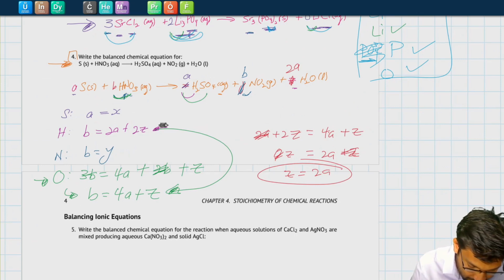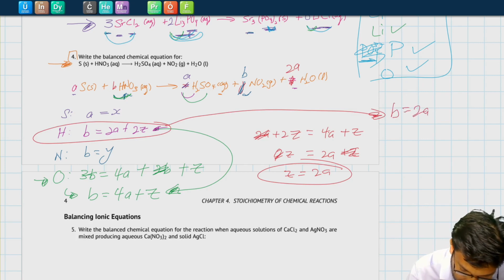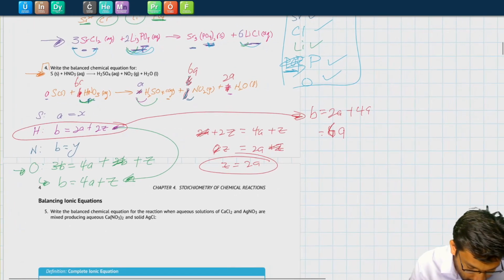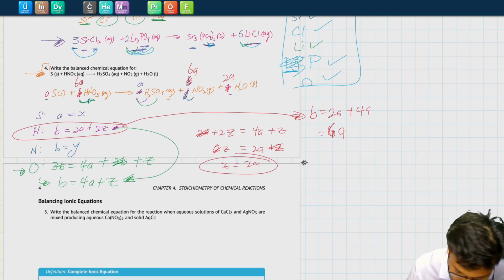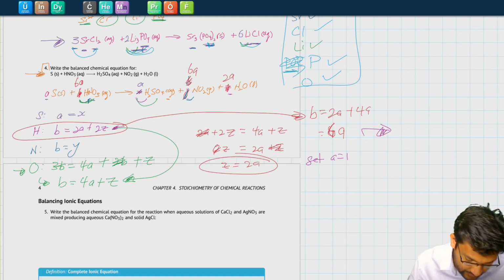All right, now that we have a formula for z, let's look at this one again and substitute the value for z. So b is equal to 2a plus 2z, but z is 2a. So 2 times 2a, that gives us 4a, or rather b is equal to 6a. So let's make that substitution. b is 6a. Now that we have all of them in terms of a, we can go ahead and set a equals 1 and balance the equation, where we would have